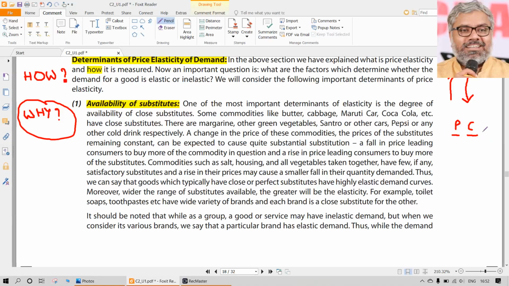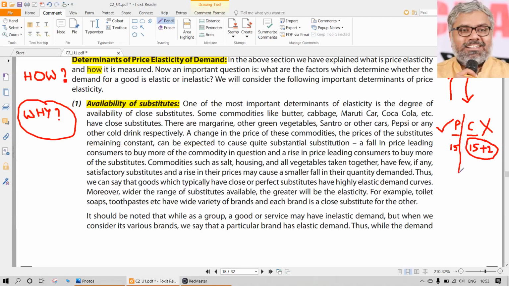Let us say, just for imagination purposes, normally one bottle of Pepsi or Coca-Cola is 15 rupees each. That is the original price. Then there is no problem, that is common. But let us say Coca-Cola has increased its price by 2 rupees. So now instead of 15 rupees, the Coke has become 17 rupees. If that happened, people don't blindly choose Coca-Cola, they go for Pepsi, and they will select the 15 rupees product which is available.